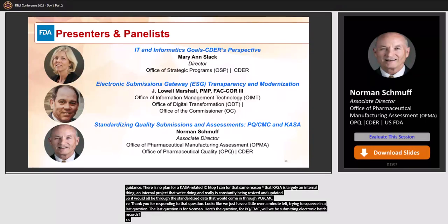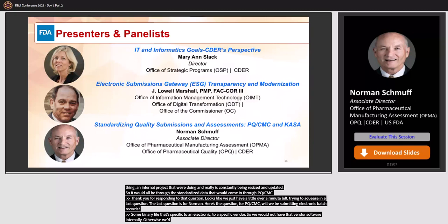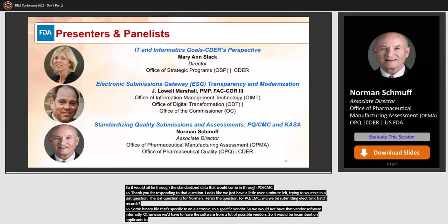It would be some binary file that's specific to a specific vendor. So we would not have that vendor's software internally. Otherwise, we'd have to have the software from all the possible vendors. So it would be then incumbent on applicants to be able to transfer that electronic batch record data into the standards that we put forth,